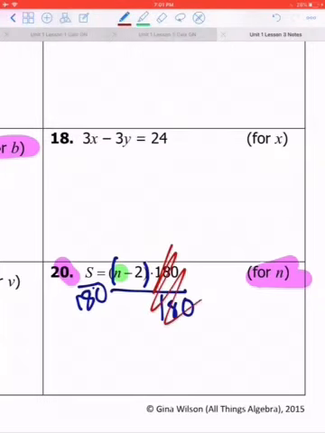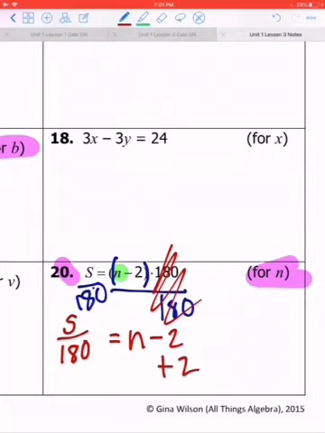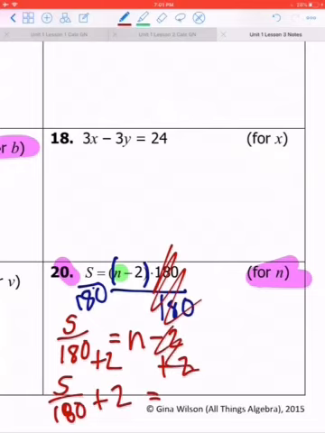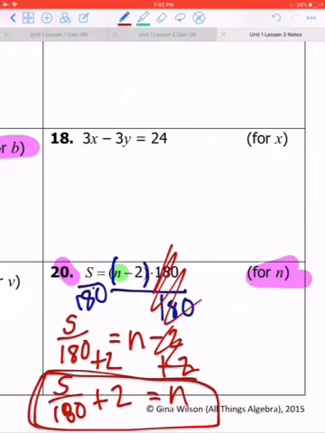The biggest mistake I see from Algebra 1 and 2 is trying to distribute first. Don't do that. Okay? And we're solving for n, so all we have to do is plus 2 to both sides, okay? Don't make this too difficult. Write what you had, s over 180, and then just write plus 2. Okay, you don't have to find a common denominator or add with a fraction or anything. Just leave it